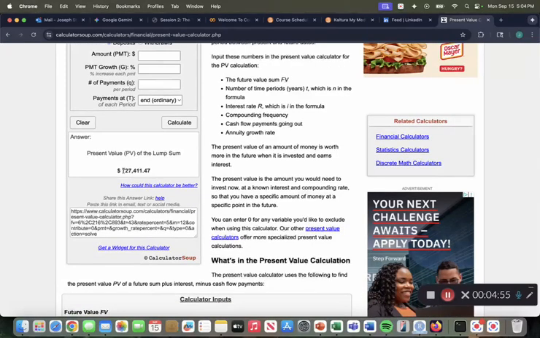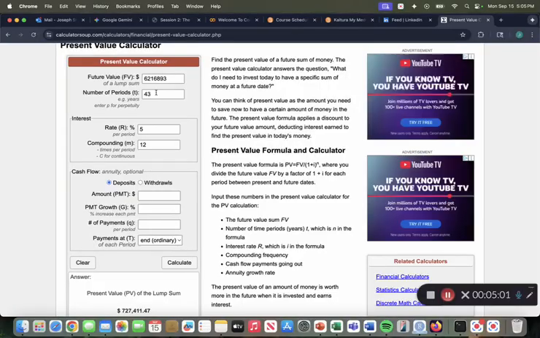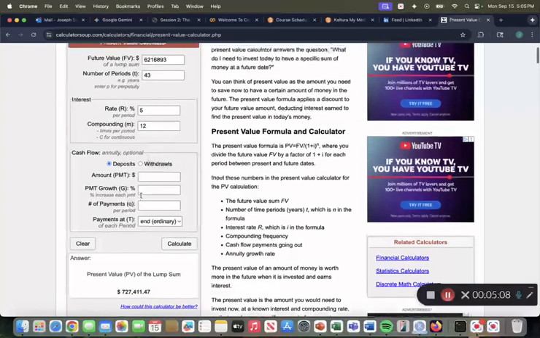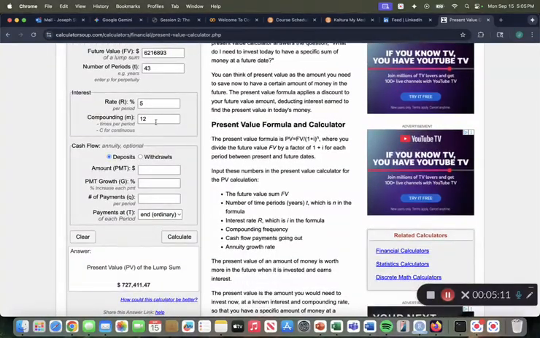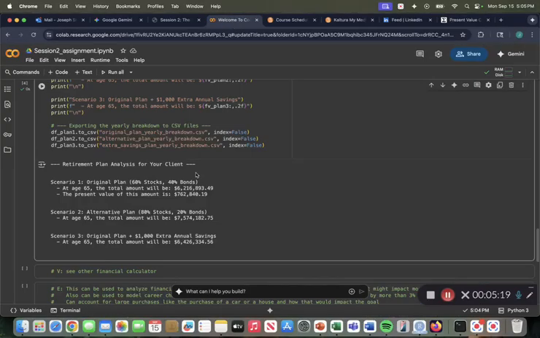And we can see here that $727,000 will be the present value given that total, the number of periods, 43 years, 5% per period, compounding. I don't know if I did that right because that's times per period, 12 times per period for each month. So doing with those calculations, it'll still be in the $700,000 mark, which is $40,000 off of this value, but still pretty close, pretty realistic to what we can expect the present value of that investment in 43 years to be in terms of today's value.